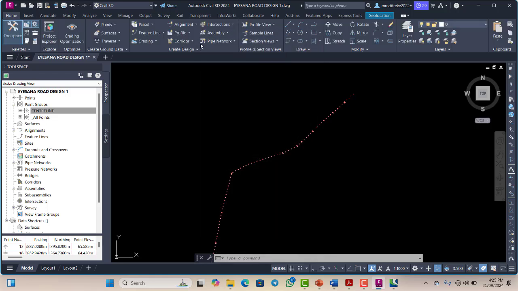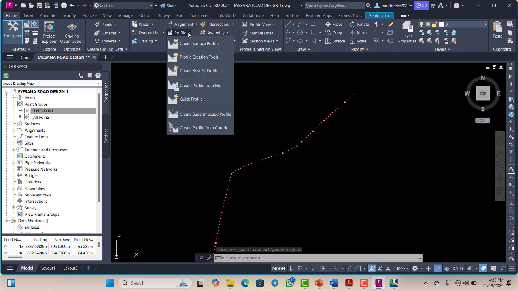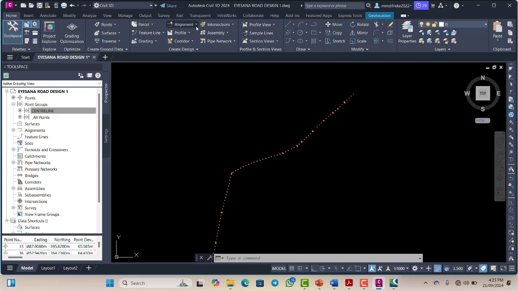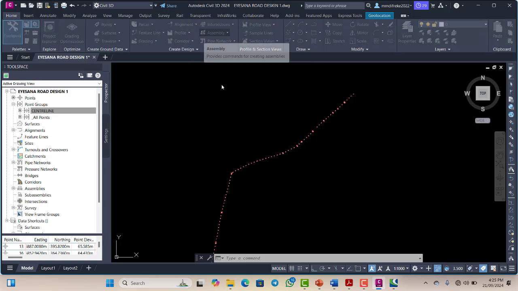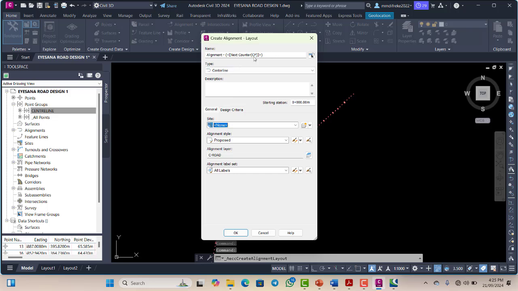You name the alignment. Then number two, when you name the alignment,